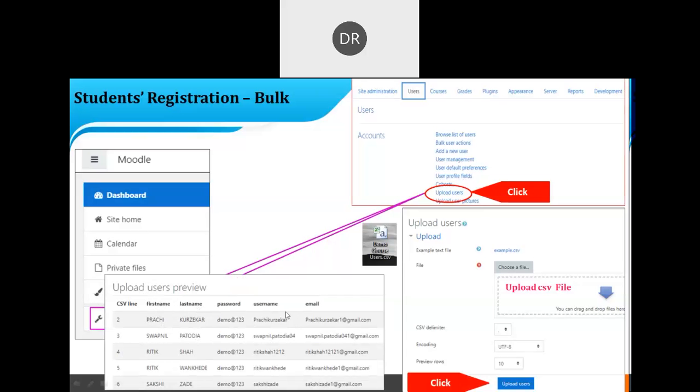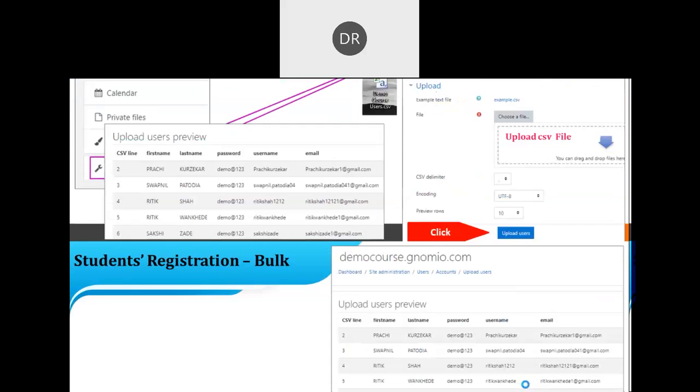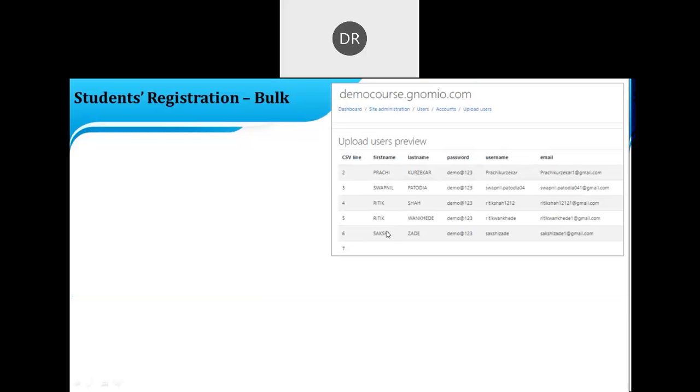Then first name, last name, password, username, and email. Then upload users. Then all the data which is available offline in your laptop is now available on your website. Now we have entered the data of students onto your Moodle site, but not on the course.